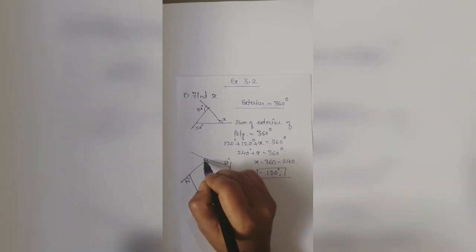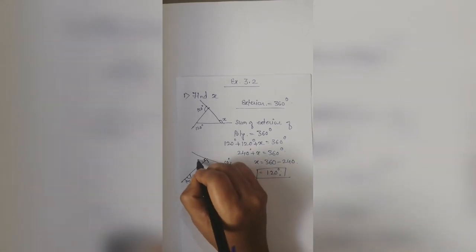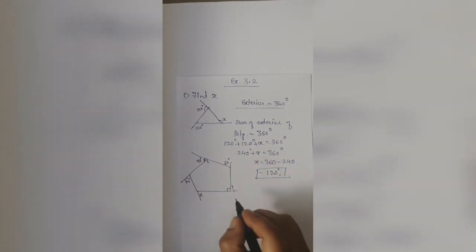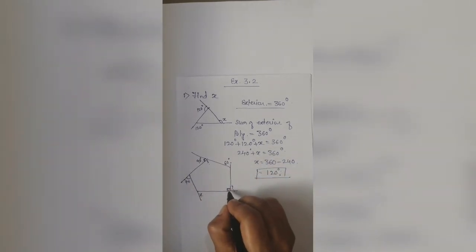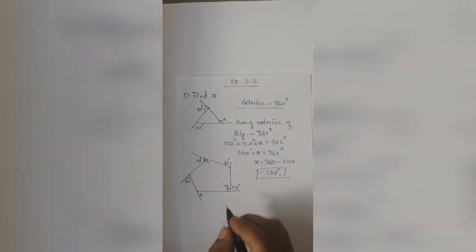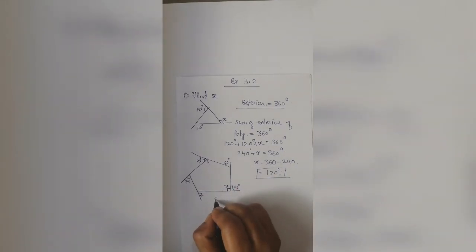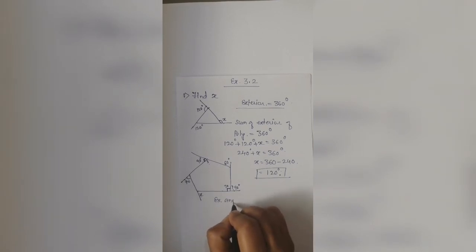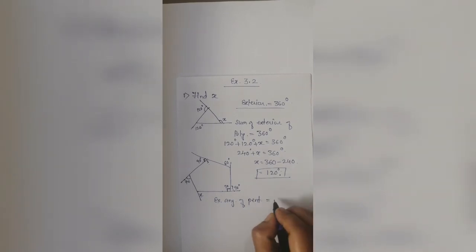That means this type, a square is given, that means it is nothing but a perpendicular, so it is 90 degrees only. Okay. Now this is also given, that means this is 90 degrees. Okay. These two are a linear pair. If this is 90 degrees, that means this is also 90 degrees according to the linear pair. Okay. Now here directly write down: the exterior angle sum of a pentagon is equal to 360 degrees.